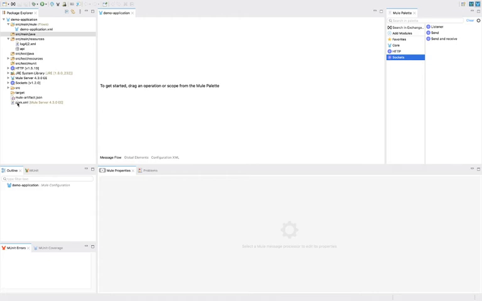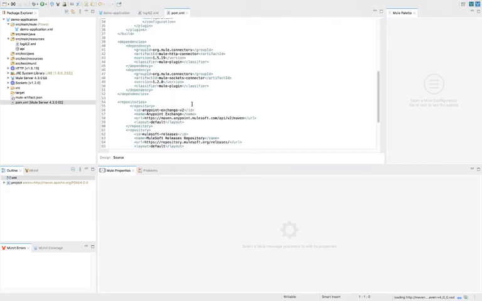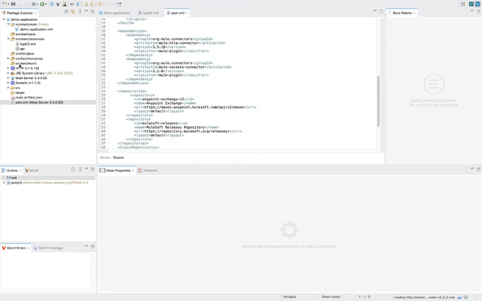Then we have the log4j file, which we use for managing our logs. We will learn about this in detail in later classes. And then we have the POM file. In the POM file we will include all the dependencies we are going to use in our project. For example, currently we are using the HTTP and Socket connectors, so you can see the dependencies for the HTTP and Socket connectors in this POM file.